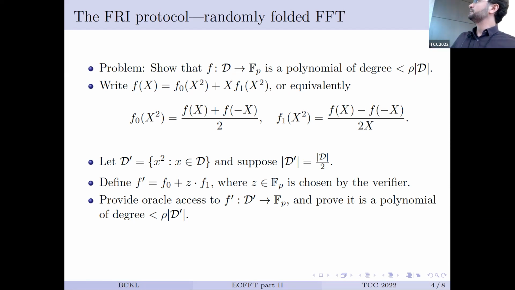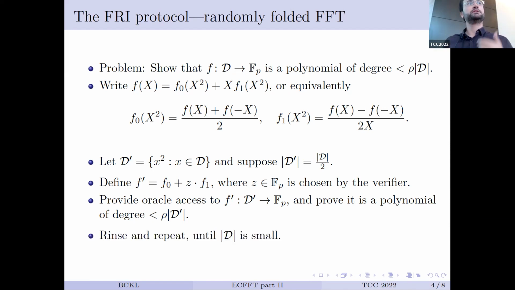And how do we show that it's this degree? Well, we just repeat the process because rho didn't change. We decreased both the block size and the degree of the polynomial by the same factor of 2. So if we just repeat this, eventually we will get to a very small domain. And then we just give the function. But what does it mean that we can repeat this? If we repeat this 30 times, then it means that not just the squaring map is 2 to 1, but raising to the power of 2 to the 30 is 2 to the 30 to 1, which means that we actually have 2 to the 30 roots of unity in the field. And in fact, D must be a union of cosets of the subgroup of size 2 to the 30.